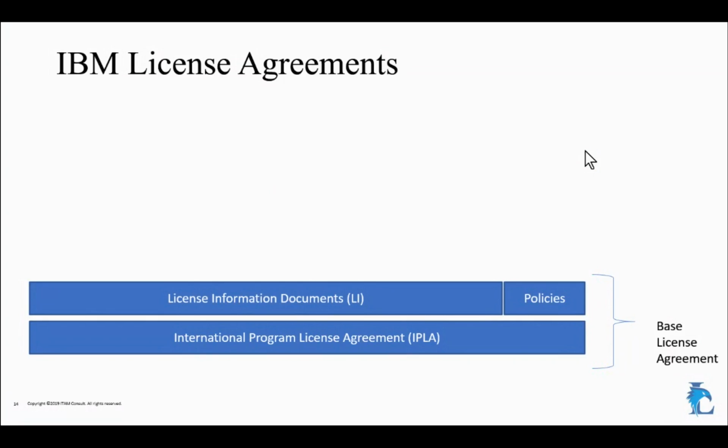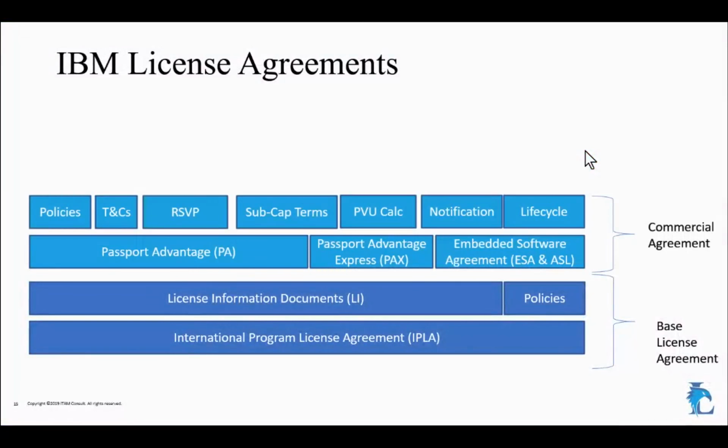The next layer on top of the license agreement is going to be commercial agreements. This is where you start to hear words like Passport Advantage Express and Embedded Software License Agreement. And these agreements are essentially how you buy these products, where the IPLA and license information describe what you're buying. The commercial agreements are all about how you buy it. And again, you have structures here where you hyperlink to other agreements. These are typically the policies and